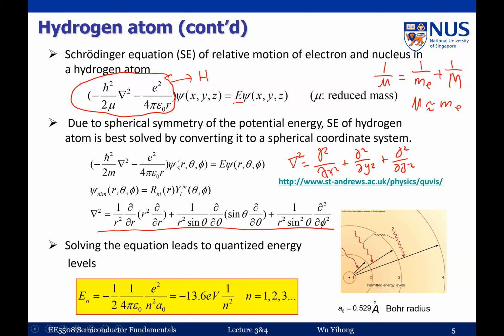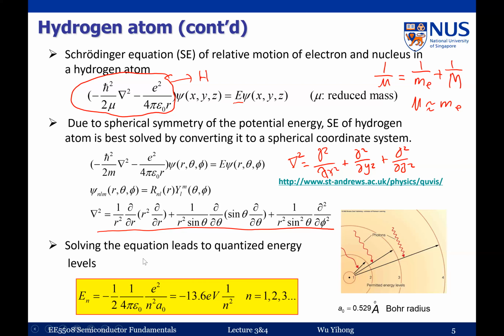So this wave function can be written into two parts. This is called the separation of variables method. It's the standard method we use to solve second-order differential equations in physics and engineering. So we have one part which depends on the position variable r, and the other part depends on theta and phi. Okay, so we substitute this del square and also this wave function into the Schrodinger equation,